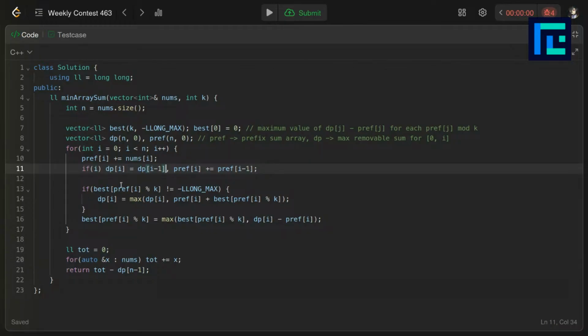Now if this value existed in best, that means that prefix of I mod k has been set in best, right? Initially it's set to negative infinity. If it's not equal to negative infinity, then I will do dp of I equals max of dp of I comma prefix of I plus best, right? So what is this? This is simply prefix of I